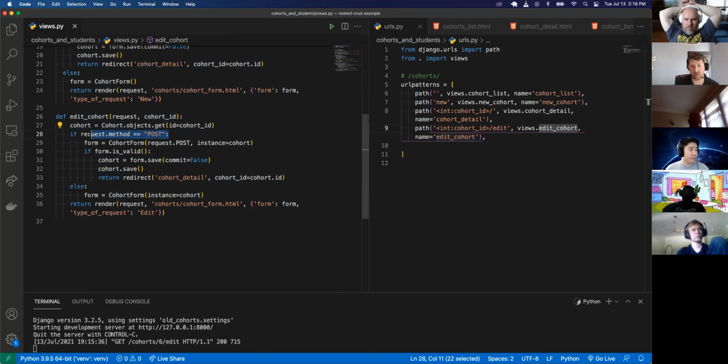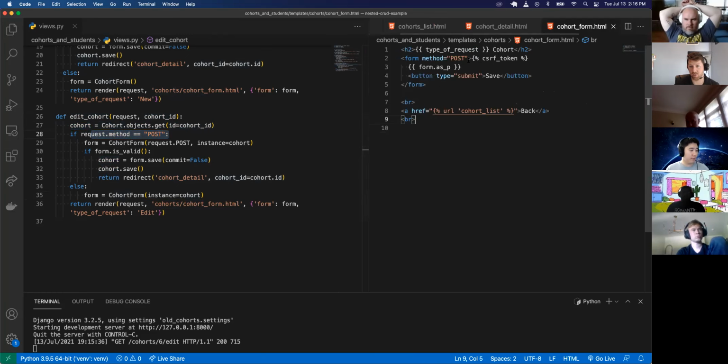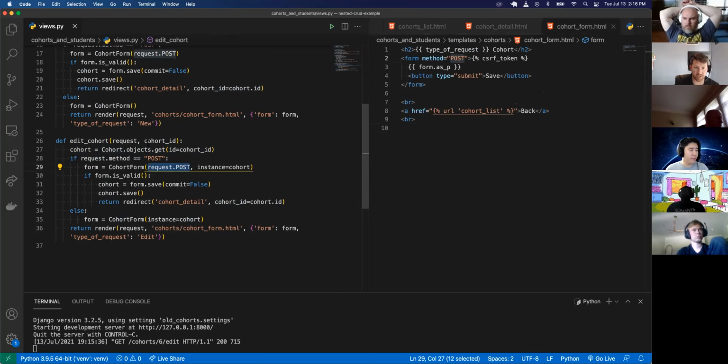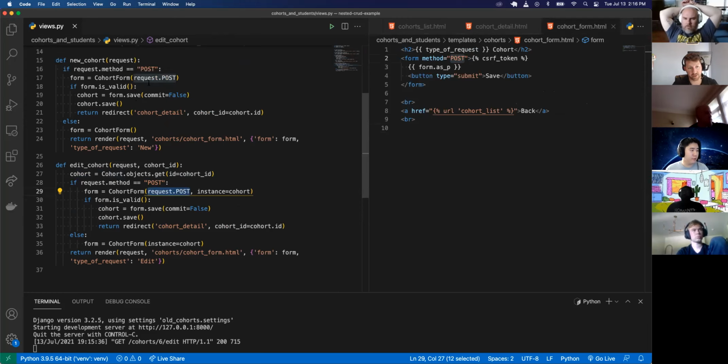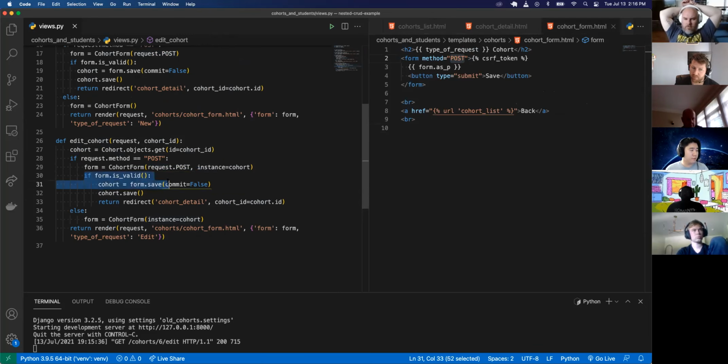Now it's a post request. Passing in the request in the cohort form, just like it was in the new cohort, but it's also passing in the instance of the cohort because some things may not have been updated, runs through the same, validates the